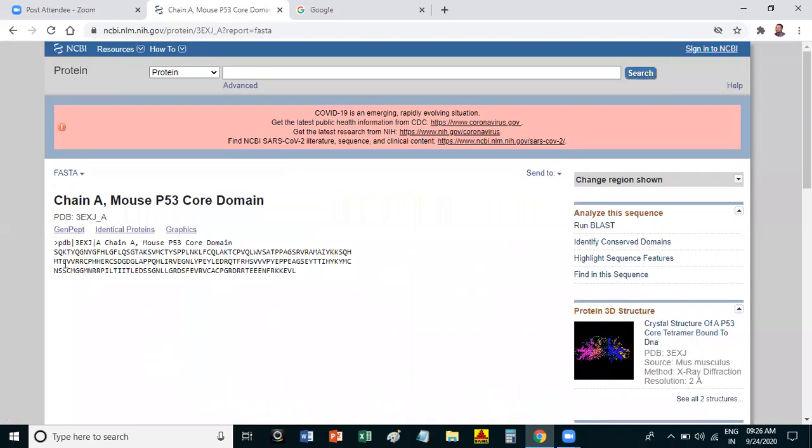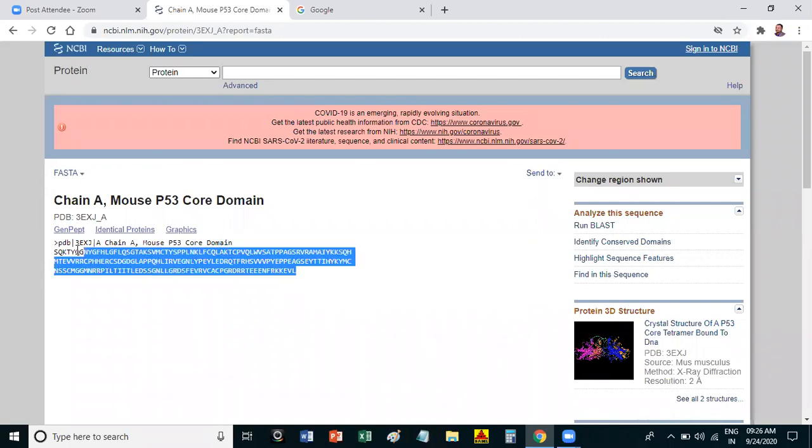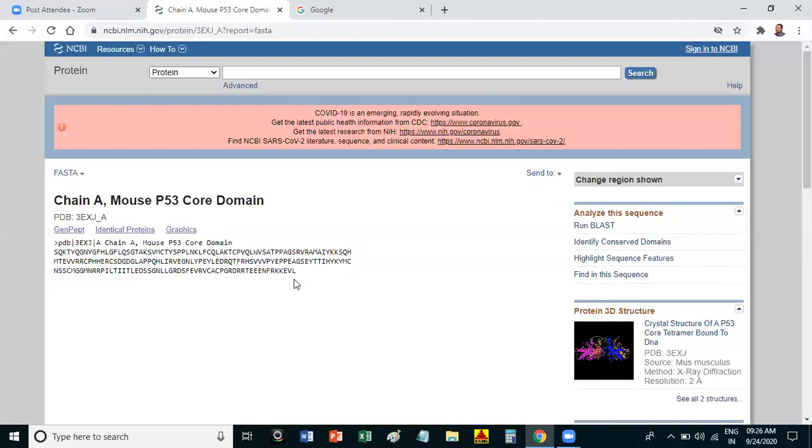For this particular sequence, the structure is already available in PDB, but we will try to make the structure using some software. In the next practical, when we do protein modeling, we will go with this structure also and see their similarity.